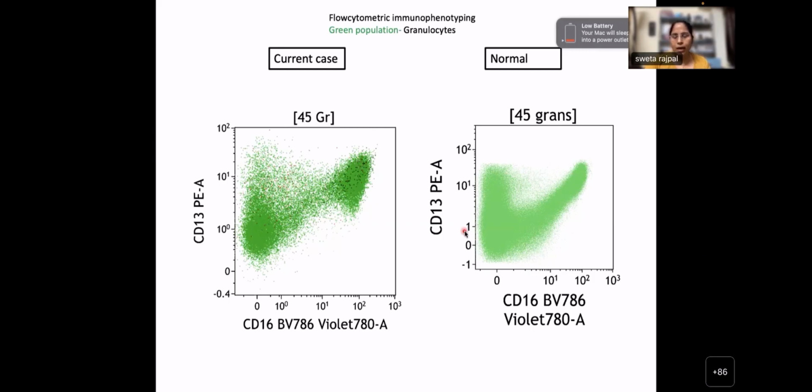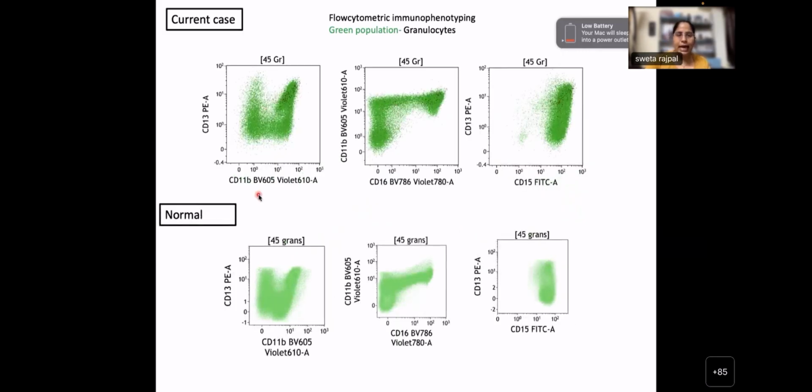Okay. Now, if we go to the next slide, we have 13 versus 11B. So, Ankit, would you like to compare the normal versus our current case now, 13 versus 11B? Yes, ma'am. In the normal scenario, we can see a transition taking place from CD13. First it is decreasing, and then CD11 is coming up and increasing. But in the current scenario, we don't see this smooth transition. Rather, we can see more clustering towards the